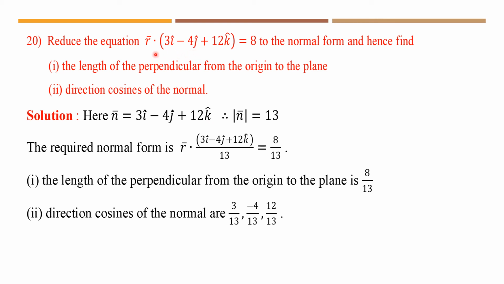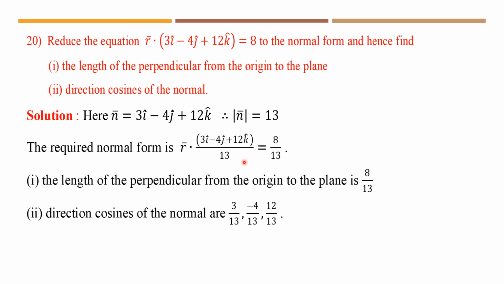We know that the normal form is r vector dot n cap equal to p. To find n cap, we find the magnitude of n bar. Magnitude of n bar equal to root of 3 square plus minus 4 square plus 12 square, then root of 9 plus 16 plus 144, equal to root of 169, which is 13. Therefore, the magnitude of n bar equal to 13. Therefore, the required normal form is r vector dot